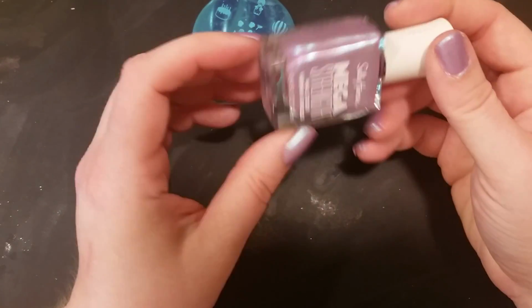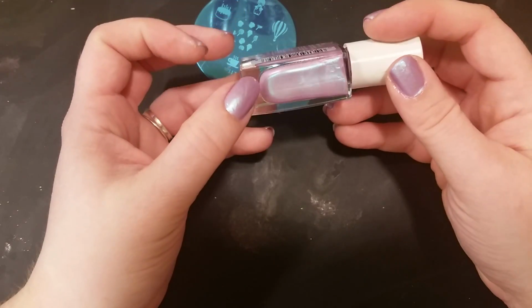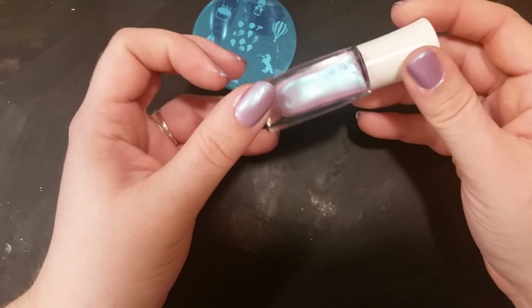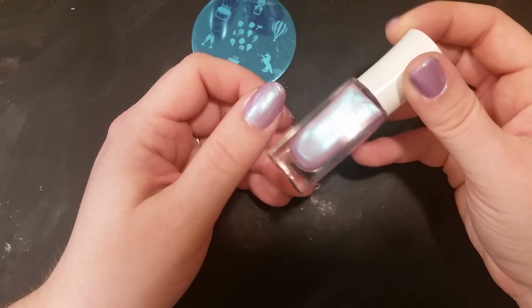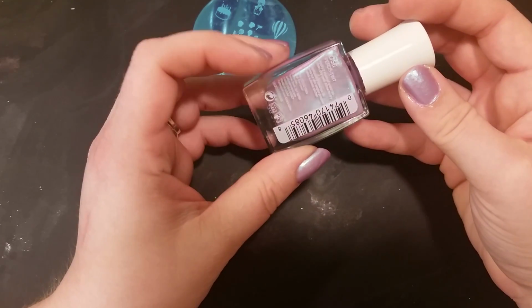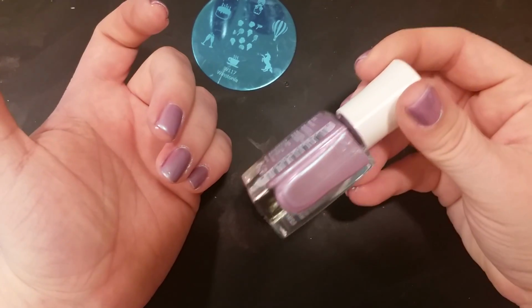Sally Hansen is actually pretty good for water marbling. Not necessarily this particular color because it's very sheen, but this is the one that the coupon was for. And I really like the color, honestly. It's kind of mermaidy. So the only problem with it being sheen is it takes a lot of coats, and